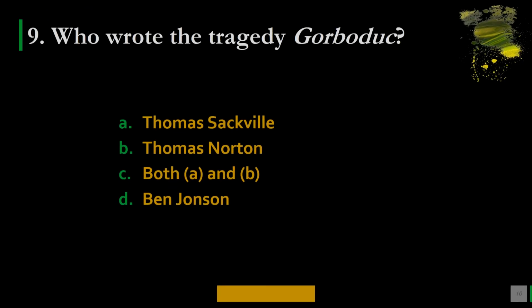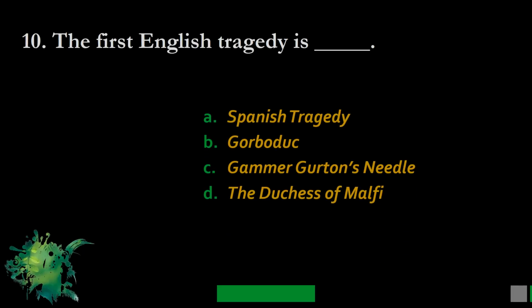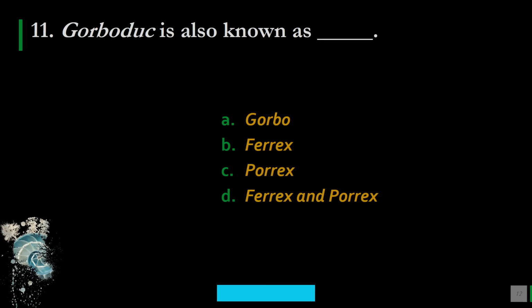Number 9. Who wrote the tragedy Gorboduc? Option A Thomas Sackville, B Thomas Norton, C both A and B, D Ben Jonson. And the option is C both A and B. Number 10. The first English tragedy is dash. A The Spanish Tragedy, B Gorboduc, C Gammer Gurton's Needle, and D The Duchess of Malfi. Correct option is B Gorboduc. Number 11. Gorboduc is also called as A Gobbo, B Ferrex, C Porrex, and D